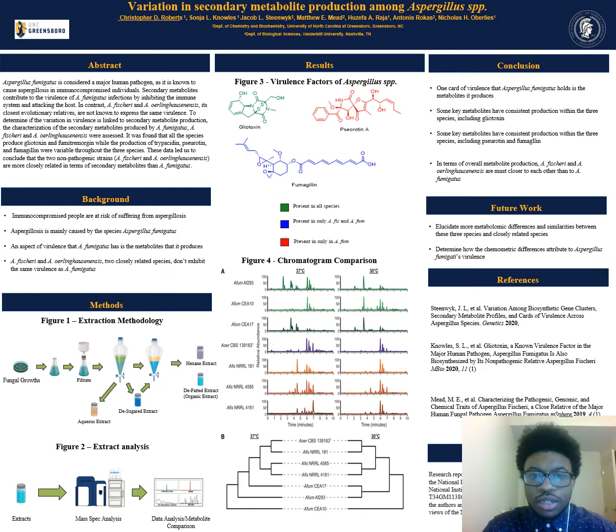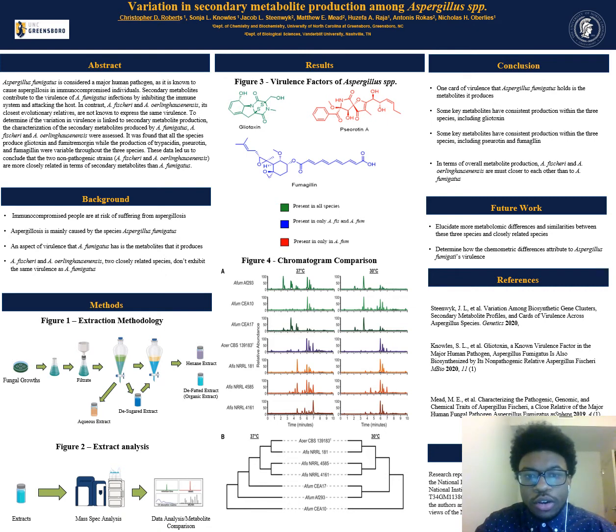However, species differed in the production of fumagillin and serotin A, both contributors to host tissue damage during invasive aspergillosis. Only Aspergillus fischeri and Aspergillus fumigatus produce serotin A, and only Aspergillus fumigatus produces fumagillin. This discrepancy in the production of these three compounds can be used as an example of where the difference in virulence arises from. The whole metabolome was analyzed in Figure 4.